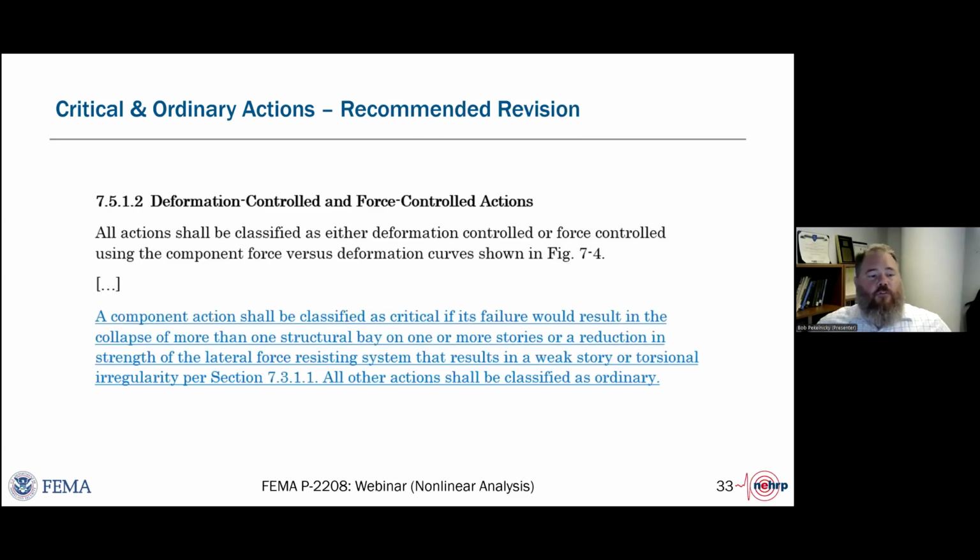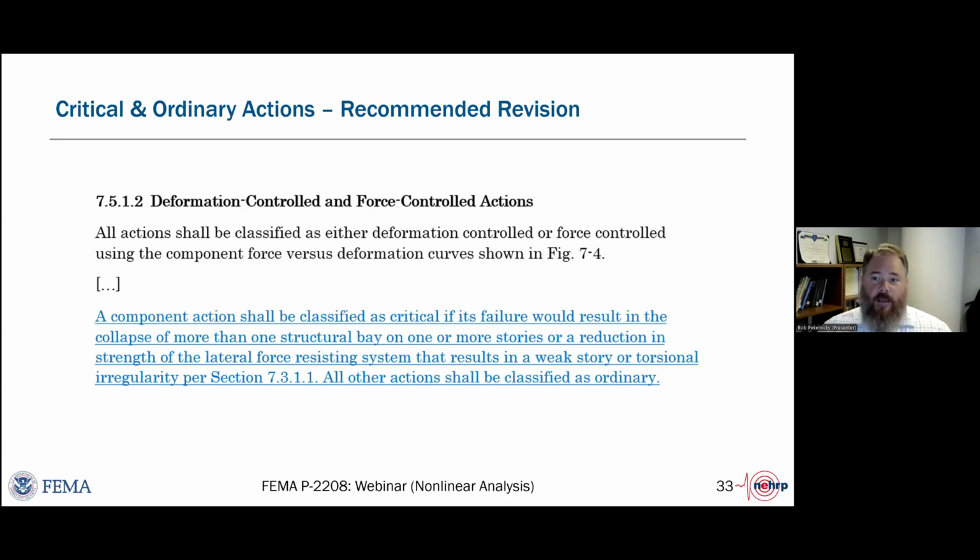So we made a change to explicitly define critical actions in the standard, setting them as you see here, recommended that it's the failure that results in the collapse of more than one structural bay or a significant reduction in the strength of the lateral force resisting system that resulted in a weak story or torsional strength irregularity per section 7.3.1.1 of ASCE 41.